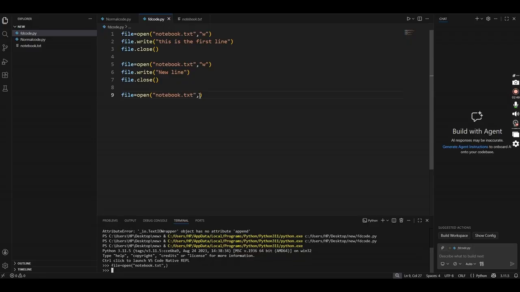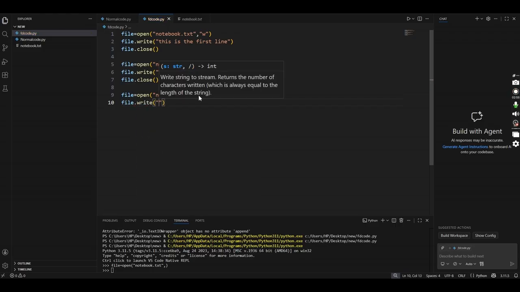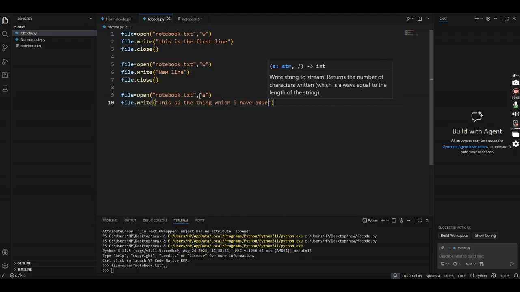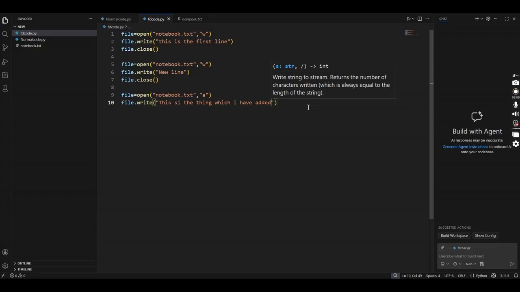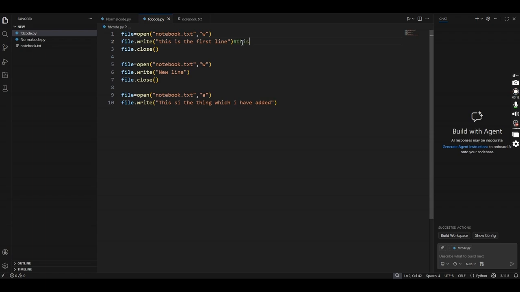I will say it as a, and I will write, this is the thing which I have added. Previously, using the write mode, what you have seen was completely replaced.